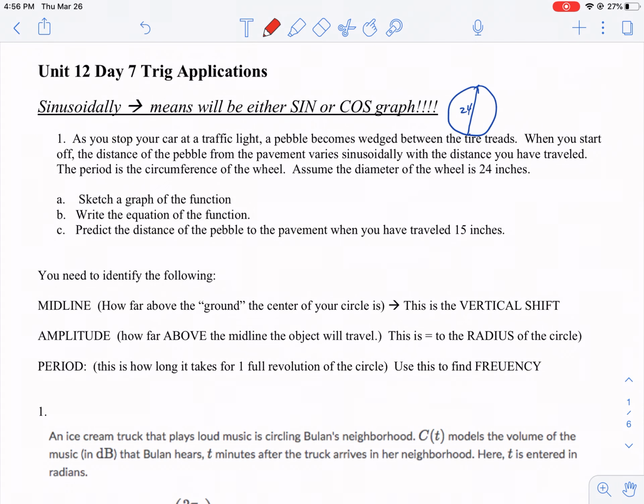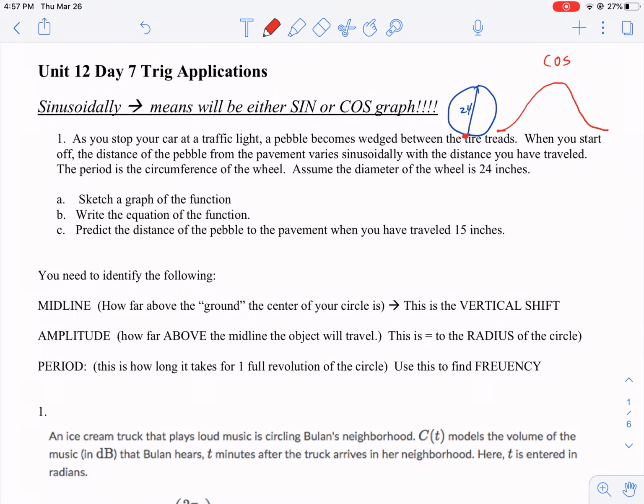basically what we're saying is then the pebble gets stuck in the wheel when it's at the bottom, which, being the road, we'll call distance or height 0. And then you've got to think about the tire moving. All right, so if I sketch a graph of this, here's my 0, and as the tire starts to move forward, my pebble starts to move up and up and up, and eventually it reaches the top of the tire, and then it's coming down on the other side of the tire until once again it is back on the ground. So we end up with a curve that looks like that, which is an upside down V,